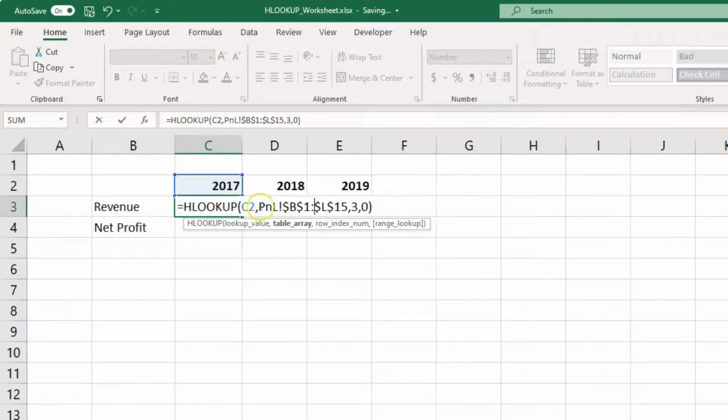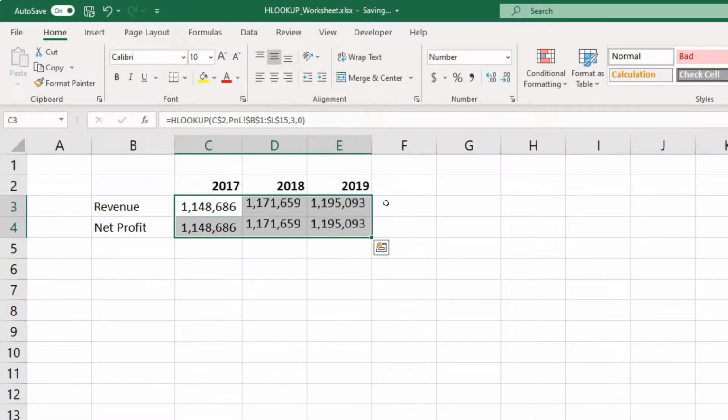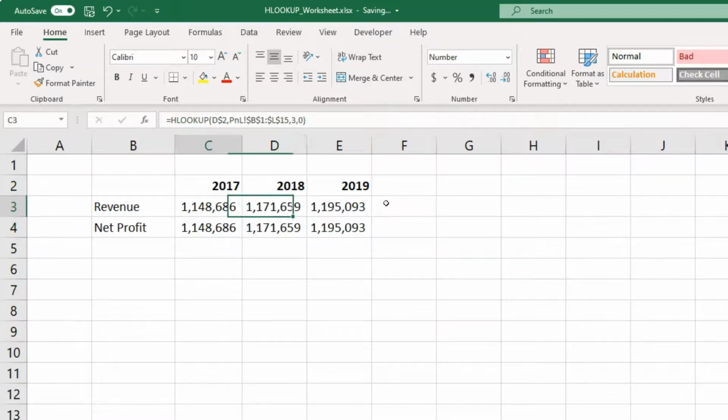The next thing I want to make sure is as I copy my HLOOKUP formula to other cells, I do not want to change or move the row of my years. So the years are in row number 2. I want this row number 2 to stay constant. So I will lock the rows in my lookup value as well with a dollar sign. Let's press enter. I can now copy this formula across my small dashboard,